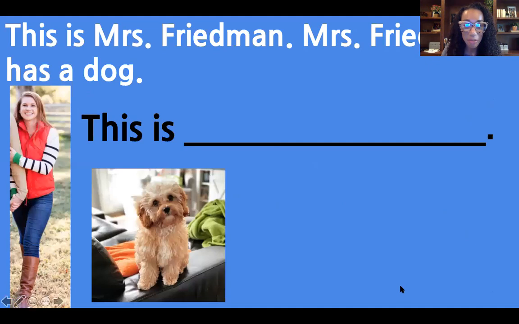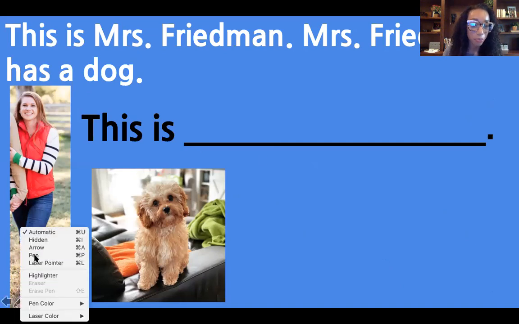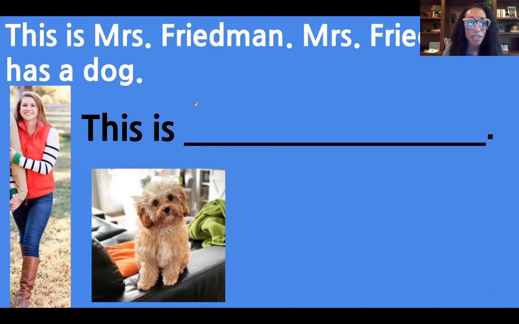All right. So you might recognize this teacher. This is Mrs. Friedman. Mrs. Friedman has a dog. And how cute is her dog? Isn't her dog so cute? So how are we going to write to show that this dog belongs to Mrs. Friedman? Let's get our markers ready. Mrs., we know how to write the abbreviation Mrs., M-R-S, period. This is Mrs. Friedman's,